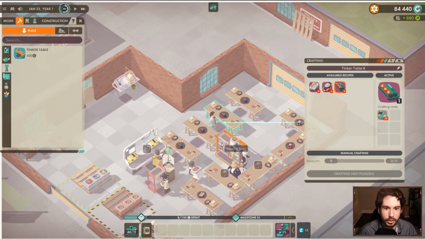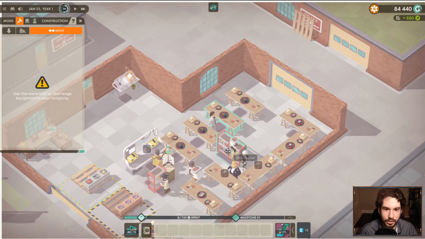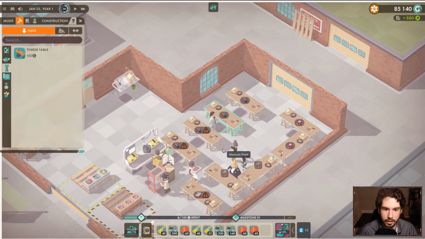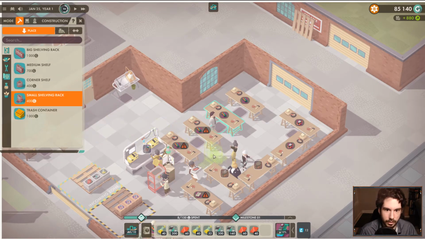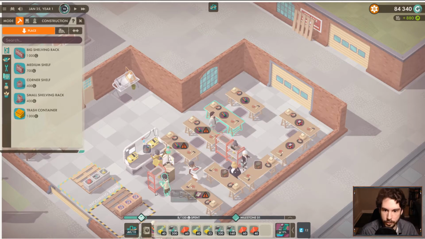Actually, what we should do is throw this medium shelf in the trash. If I deconstruct that... Okay, all of that goes in my inventory. Totally cool. Totally fine with that. Because then we can do 2 shelving units like that. It won't necessarily block pathing. And then we will